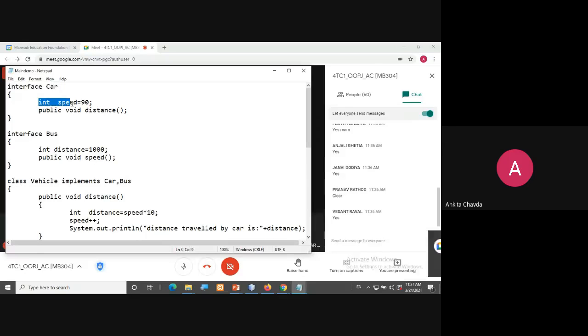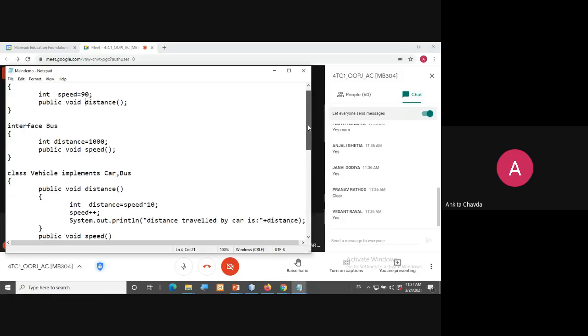In that I have an integer speed, which is one of the variables, and one method, that is public void distance. Now I have another interface, that is bus, and I have integer distance equals 1000, and I have the speed here. Via these two interfaces, I'll simply find what the speed is and what the distance is. How we will implement that, I'll show you.